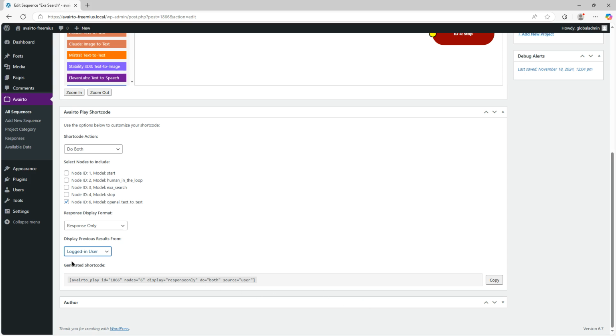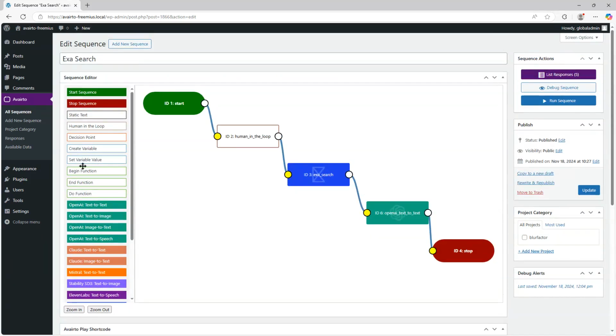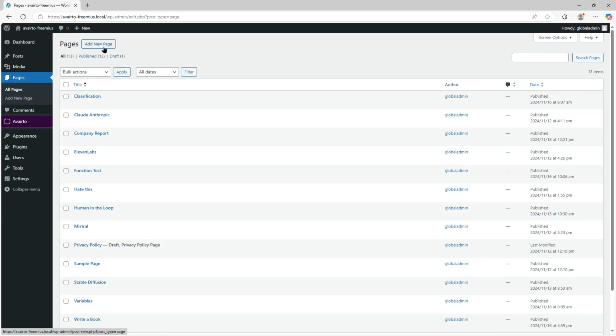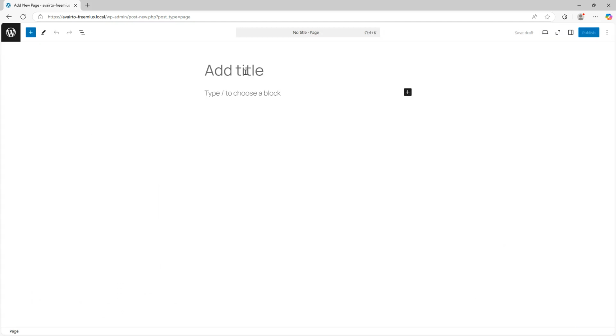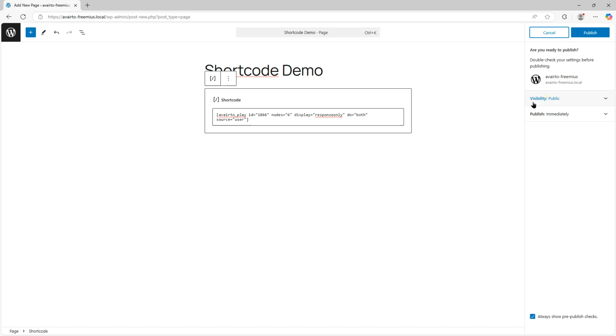So that generated this shortcode. I'm just going to copy that, and then I go out and create a new page for it. I'll go to all pages, add new page, and I'll just call this page shortcode demo. And I'll paste in my shortcode, publish the page,